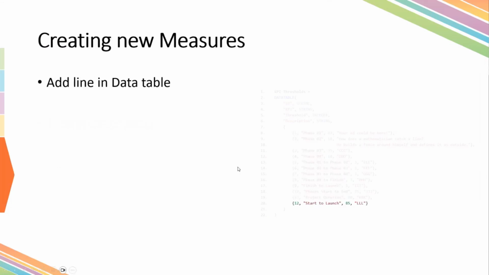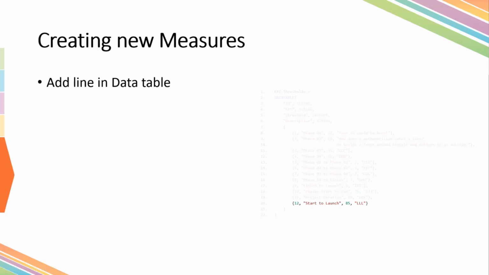And now another question is, what if I want to create a new measure? This is a setup that's very well aimed towards having, in this case, 12 KPIs. But what if I want to add a new KPI, a different median of other columns? You just need to copy paste this line that you see right here highlighted. You copy it, put a comma behind, and paste it. You change the ID to, let's say, a 13.